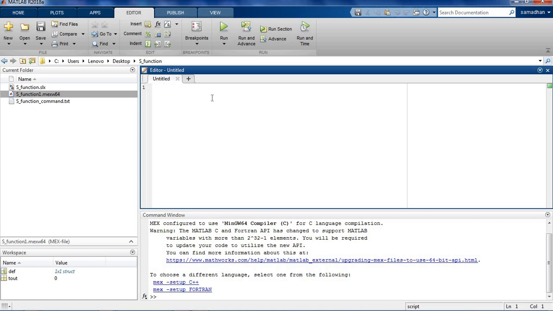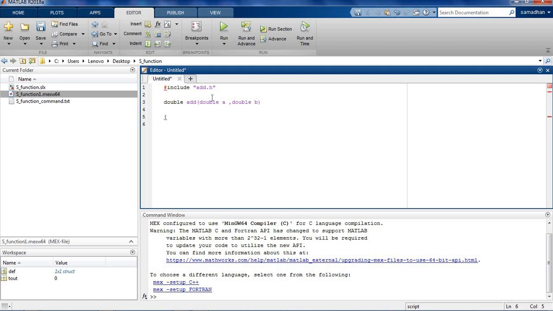For example, #include, this is my header file, I am adding the header file .h, and then double add, double a, comma, double b. Open curly bracket.